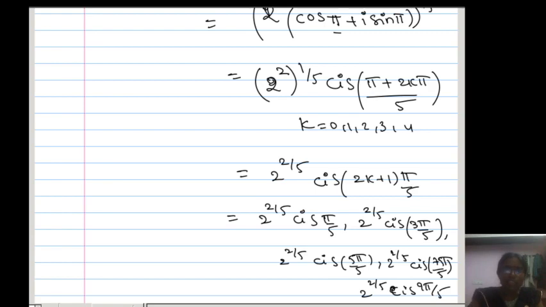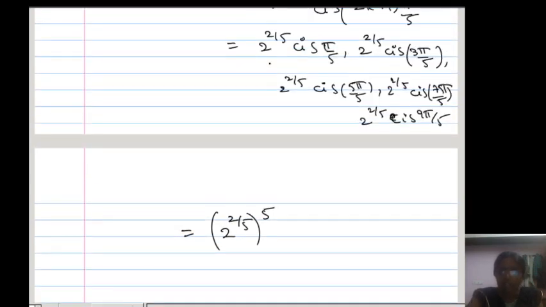Okay, so now what they are asking in the question, we have to find the product of those roots. How many roots? We have to do the product, which means multiplying these, so power 5. Next this into this into this into this into this, but if you do that, power 5, cis theta 1 into cis theta 2 into cis theta 3, cis theta 4 into cis theta 5 can be written as cis of theta 1 plus theta 2 plus theta 3 plus theta 4 plus theta 5. I can write it like that.